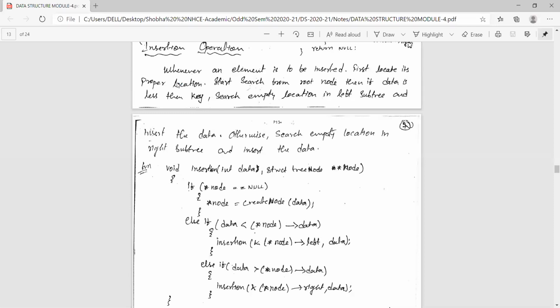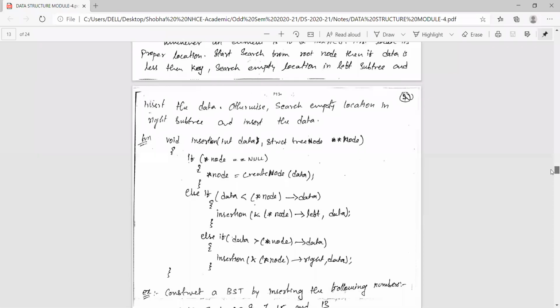We have to find whether it is a greater value or lesser value than the root node and process accordingly. Go on searching for a proper position and then we have to insert the data. Again, how this happens is given as code here.